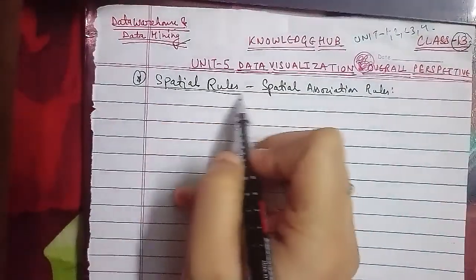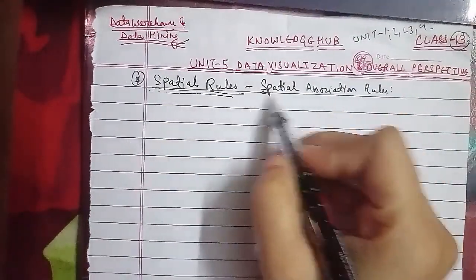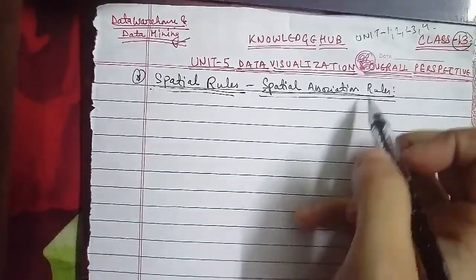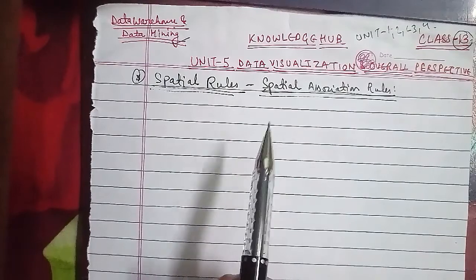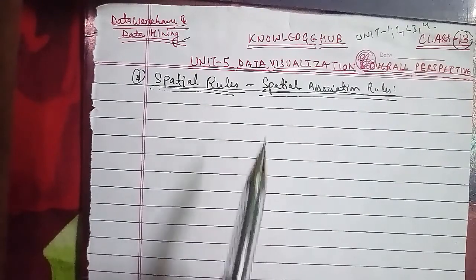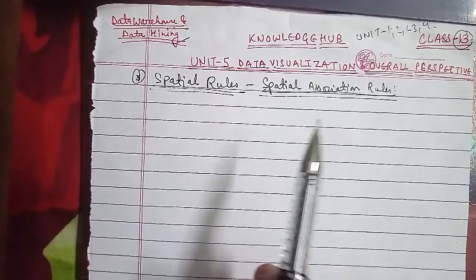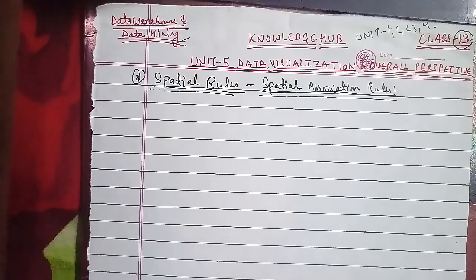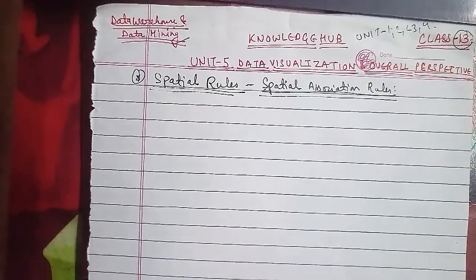That will be discussed here. In the same cases, for this what we have to discuss is that spatial rules can be created that describe the relationship between and structure of spatial objects. There are three types of rules in spatial data mining. The first rule we have is the characteristic rule.